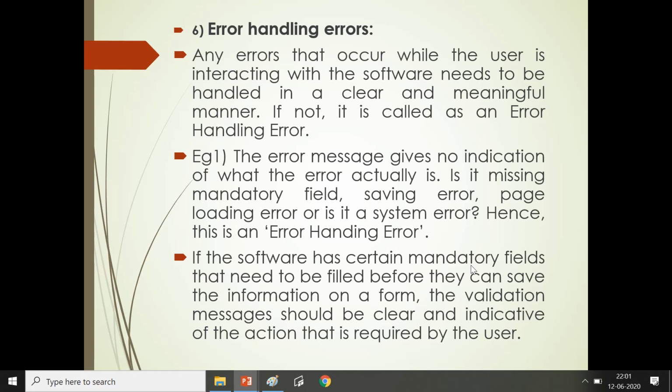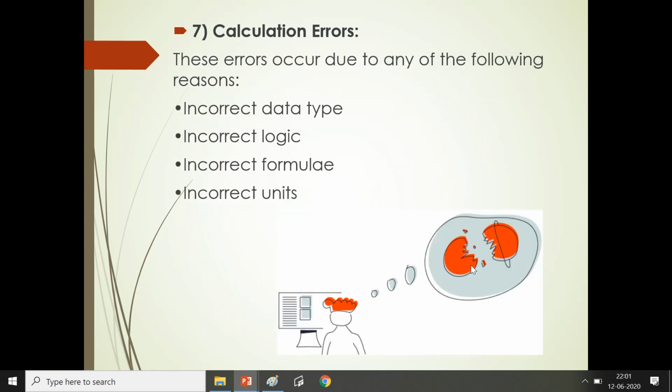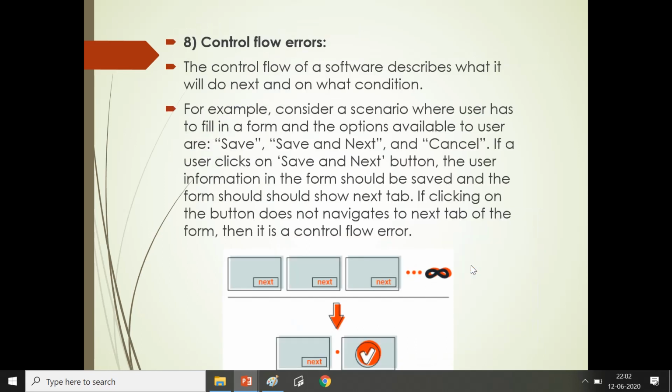Hence, this is an error handling error. If the software has certain mandatory fields that need to be filled before they can save the information on a form, the validation messages should be clear and indicative of the action that is required by the user. Then the calculation errors: incorrect data type, incorrect logic, incorrect formula, or incorrect units.